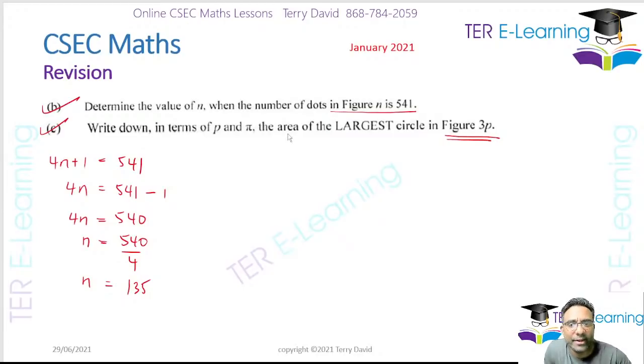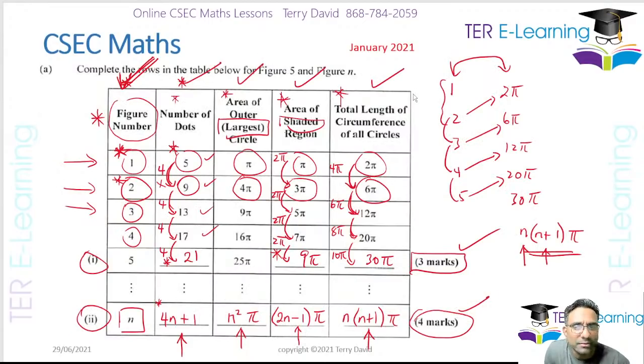So they want the area of the largest circle. So if your figure is figure 3p, it means that n is equal to 3p, right? And largest area, right, so that's this column here. That's the n squared pi, right? That's n squared pi here we're looking at, right? So all we need to do is the area of the largest circle,